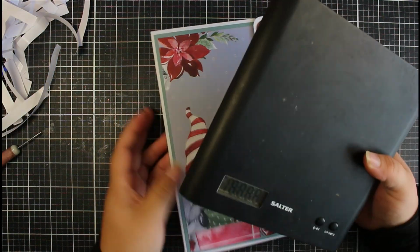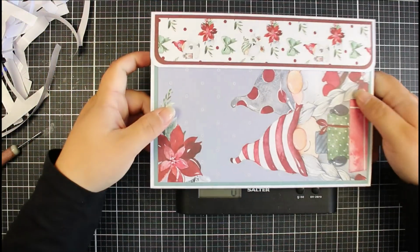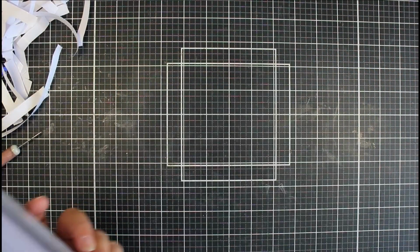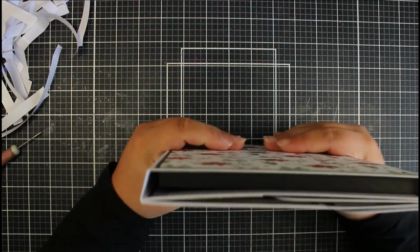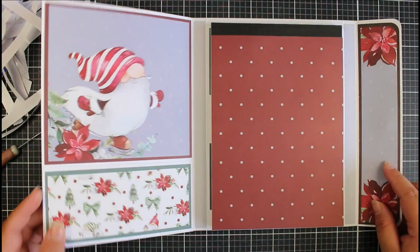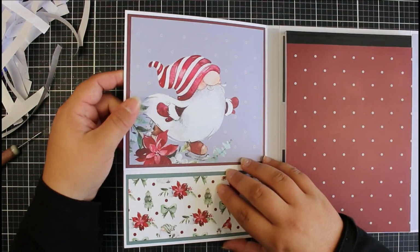I can actually tell you how much this weighs with the pad in here. So that's 384 grams. It's a really nice sturdy, weighted book, and I think it's great. I absolutely love it. So again, you can choose how you open it. What you could do as well, if you didn't want this to open straight away, you could have